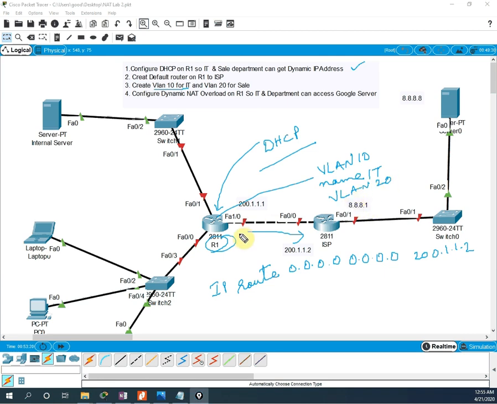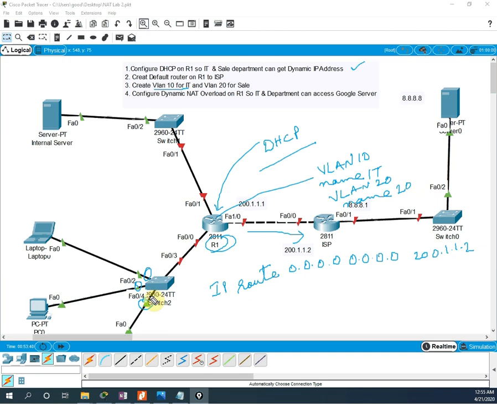Just in the router we are going to execute the command, but before that one I am writing how to do that. So you can pause the video and try. If you are not getting it, then you can see the video and do that. So we can create like this. Then we need to put this port in the VLAN, whatever VLAN we created.